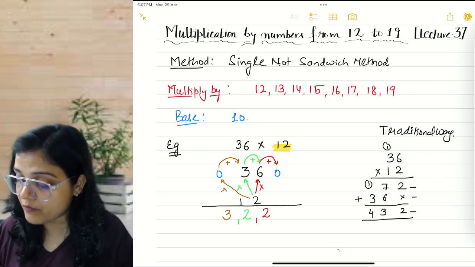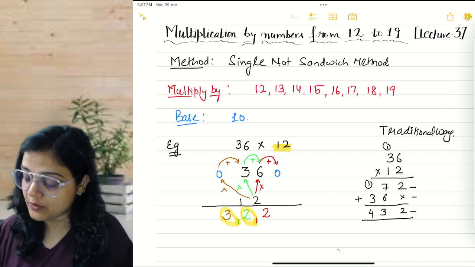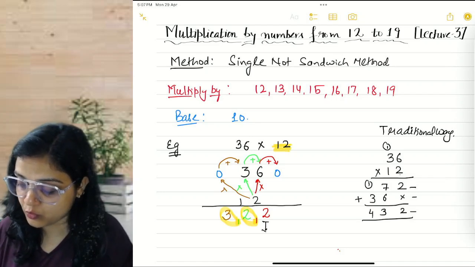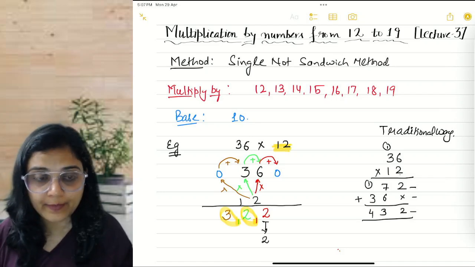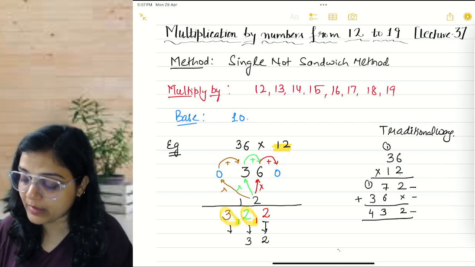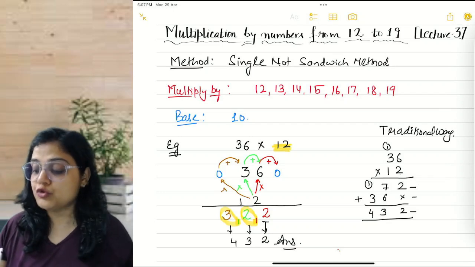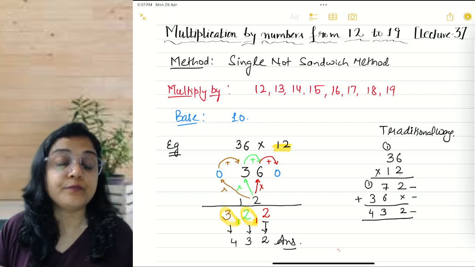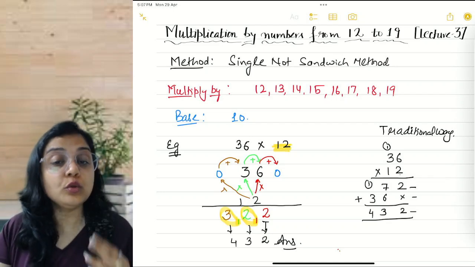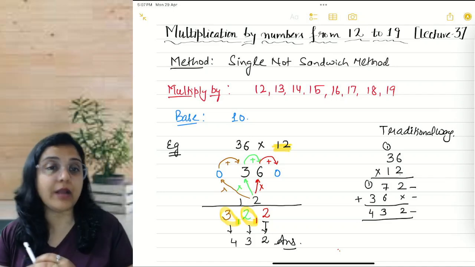And then in the next step, you are smart enough to understand now. We have these carries which have to be taken care of. So these carries will be added to the next place. So I'll get this 2 down there as it is. 2 plus 1 will become 3. 3 plus 1 becomes 4. This is my answer. So only in 2 steps. That too, you can do those 2 steps orally after some practice.